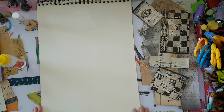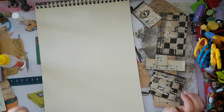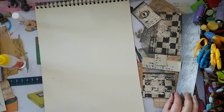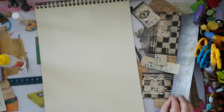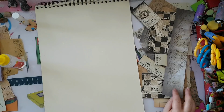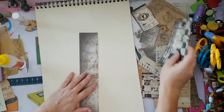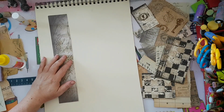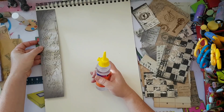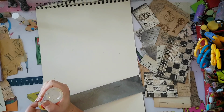Okay, I'm back, and I've got here a lot of pieces, and I want to start gluing them down and creating my collage. Now basically it's random, but I do have some guidelines that I use, but it's up to you. I like to put the darker pieces on the edges, so I will take a piece like this and use it like here, and I'm using just a